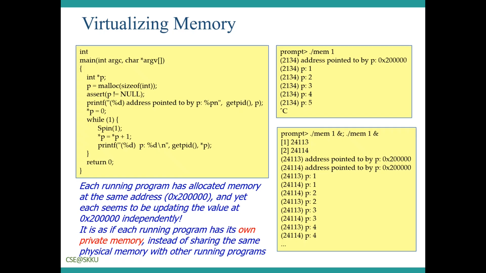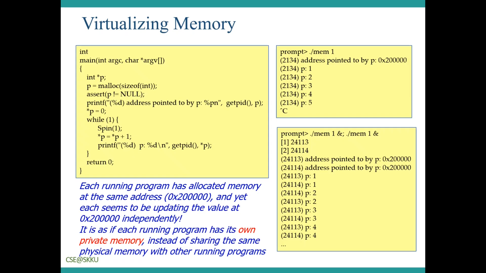Now, let's consider memory. The model of physical memory presented by modern machines is very simple. Memory is just an array of bytes. To read memory, one must specify an address to be able to access the data stored there. To write or update memory, one must also specify the data to be written to the given address. A program keeps all of its data structures in memory and accesses them through various instructions like load or store.